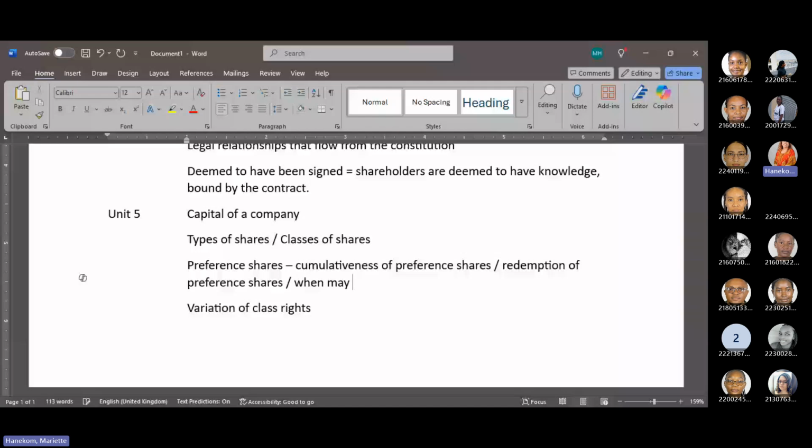They have voting rights if their dividends are in arrears, or if the resolution directly affects their class rights, if it's going to lead to a variation of their class rights. When are class rights varied? When are they changed? If there's a change in the substance of the rights,